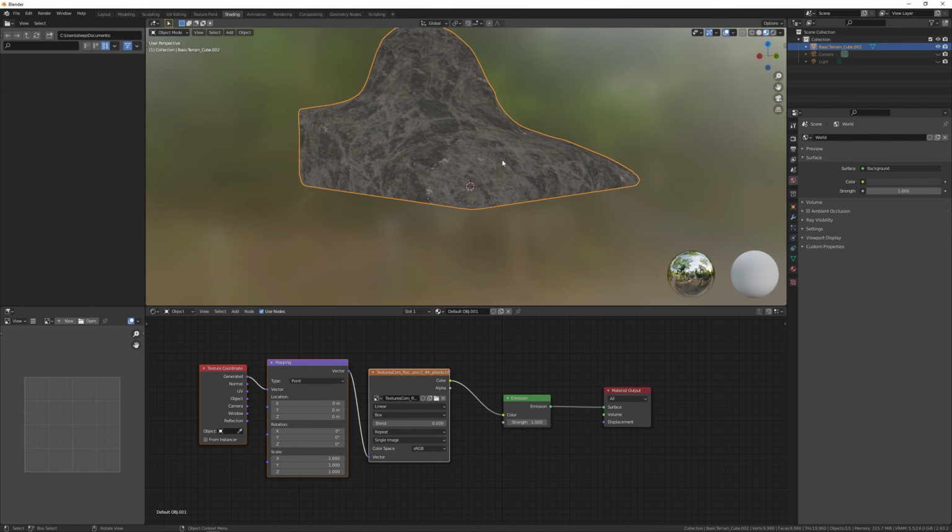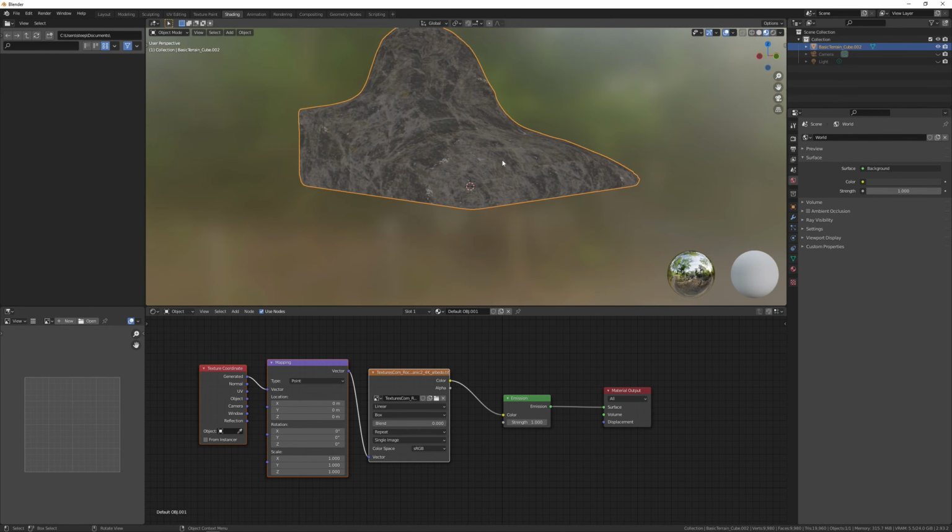Maybe the dirt is a bit big as well. Yeah, that looks good. If we change to the height maps, you can see that we have the height maps perfectly aligned with the color maps.